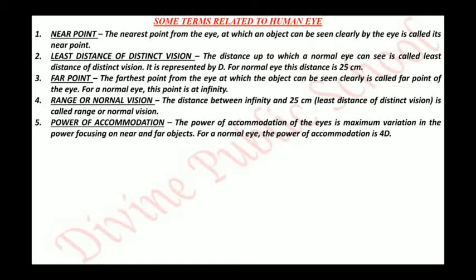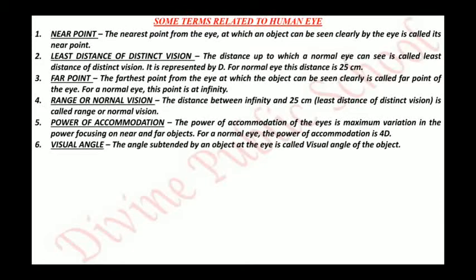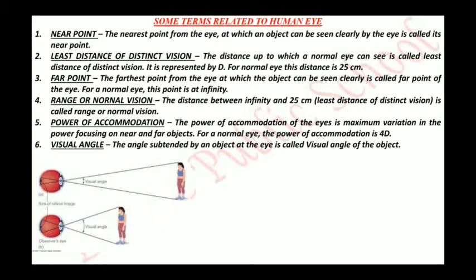The next thing is going to be very important, and it is visual angle. What is visual angle? The angle subtended by an object at the eye is called the visual angle of the object. Let me explain this definition with a diagram. Just see the diagram. The red football-like structure is actually your eye, and one person is there. When you look at the person from his toe to his head, there is an angle between these two lines. These two lines form the visual angle.